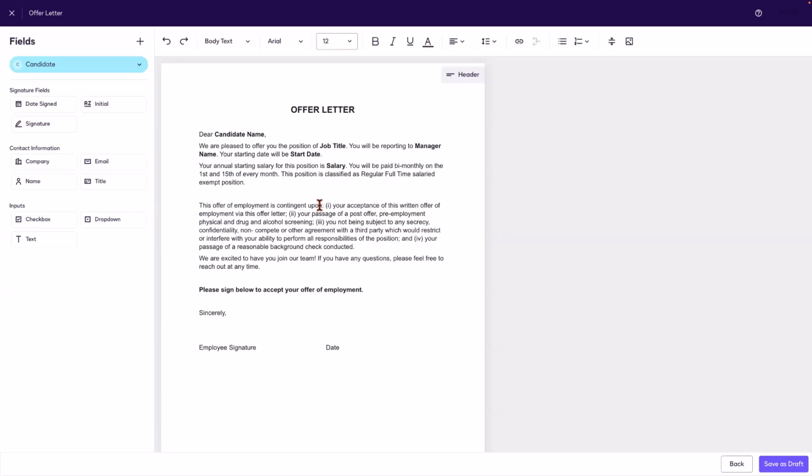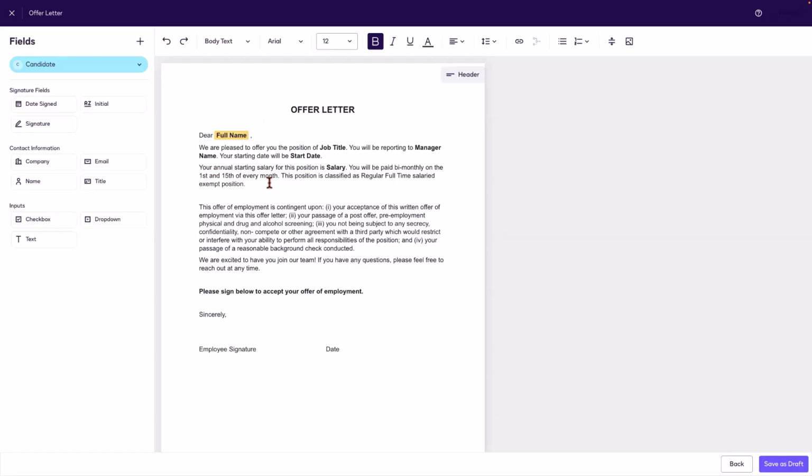There are a few standard signer fields that I can easily add to replace some of the placeholder text that's written on my uploaded document. Let's start with where I greet the candidate, right up here, candidate name, and where I want that candidate to sign and date. I'm going to replace the candidate name text right here with a standard full name field like you see here for contact information. So for the candidate that I have selected here, I have the text selected for candidate name, and I'm going to click on name, and that's going to replace it with the candidate's full name when we send this off.